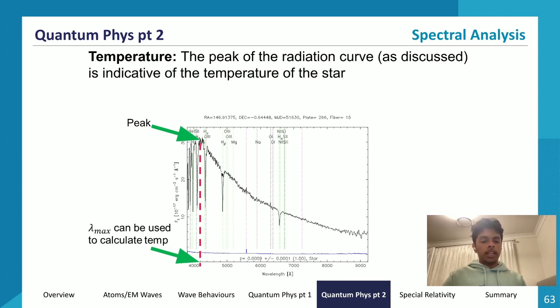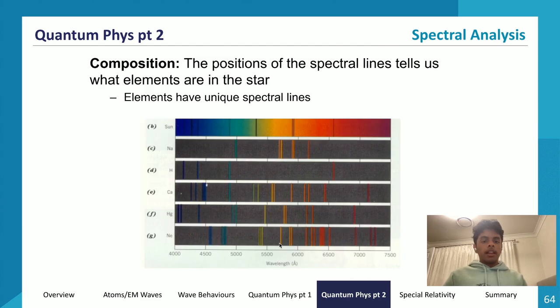So these dips will indicate the discrete elements that the star will be made up of. The next thing that we can do is calculate the chemical composition of these stars. Every element requires a discrete amount of energy to be excited, and so it will release a discrete amount of energy after excitation when it goes into relaxation. Because these elements have unique spectral lines, we can use these spectral lines to calculate the different elements within that star.